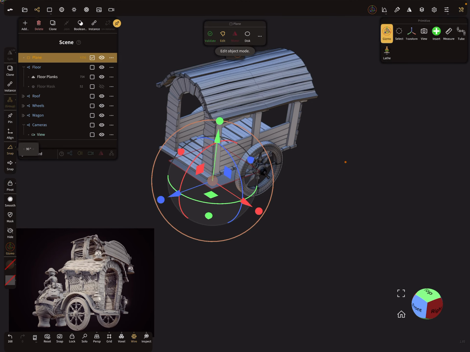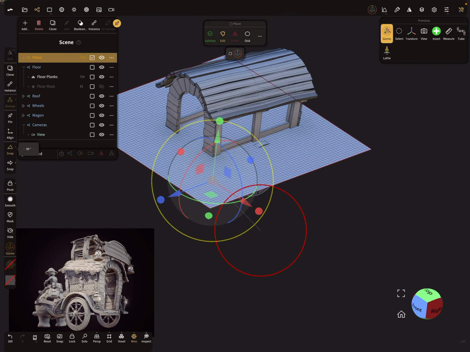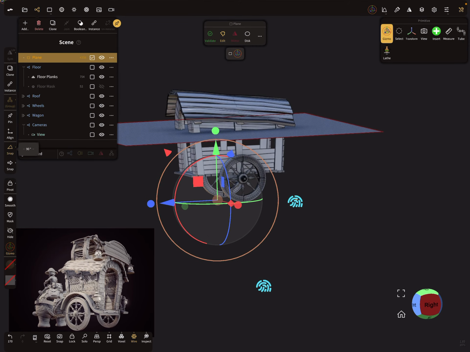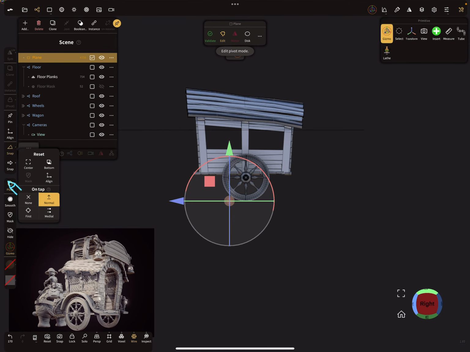Pivot. And I scale it. So something is wrong with the pivot.